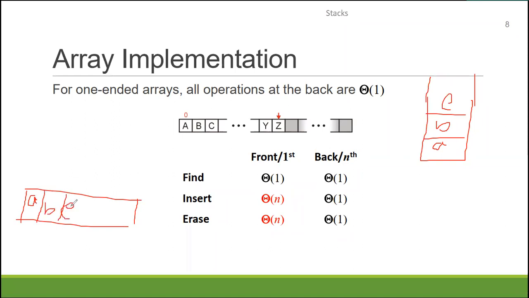So far, no problem. The problem is that if this is a one-ended array, and you want to find something, you can go linearly. This is very simple. It doesn't matter whether the item is at the front or the back. You can just use a linear operation. The problem is if you want to insert, and you want to maintain the order,